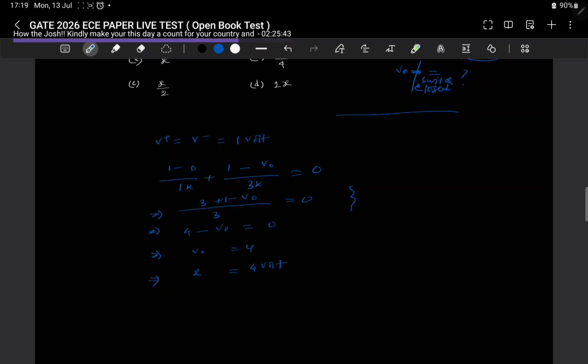Okay, am I correct? Then 1 volt equal to X by 4. Okay, now